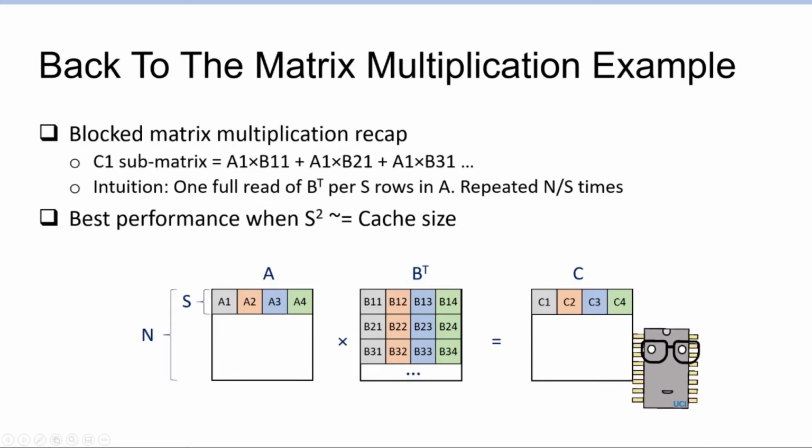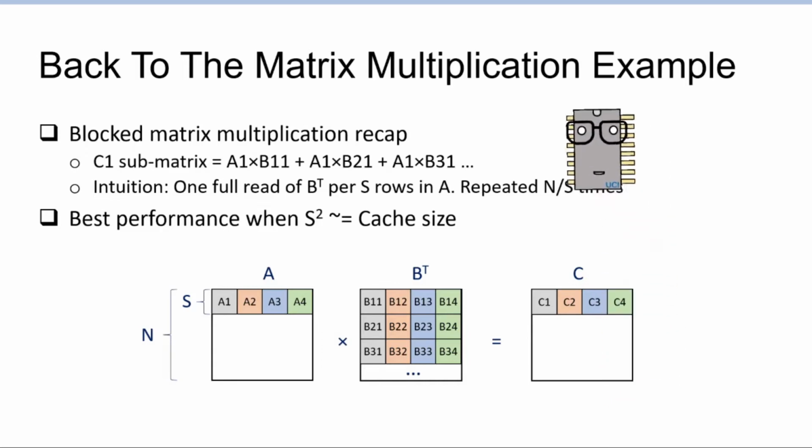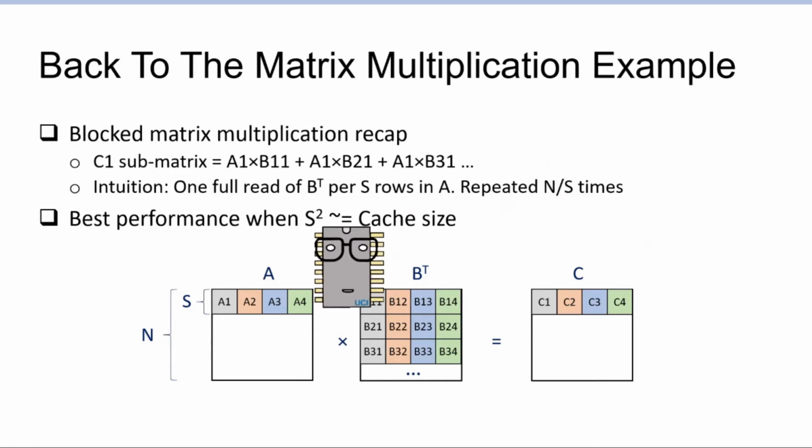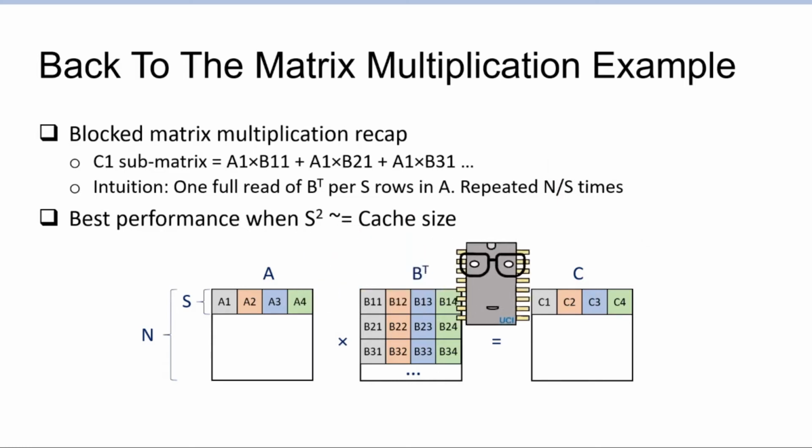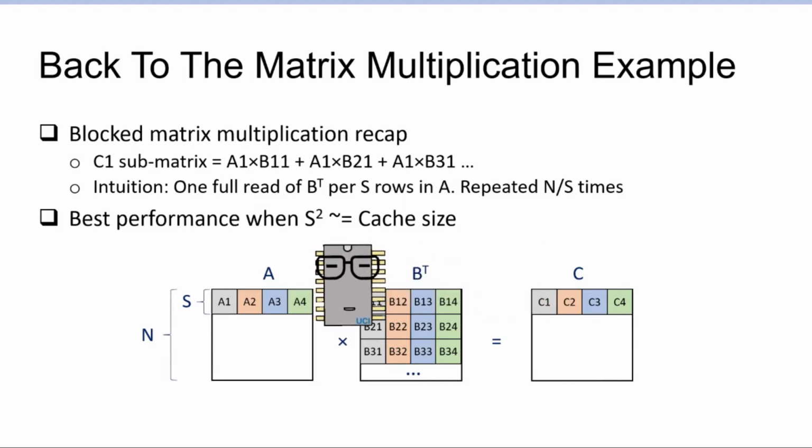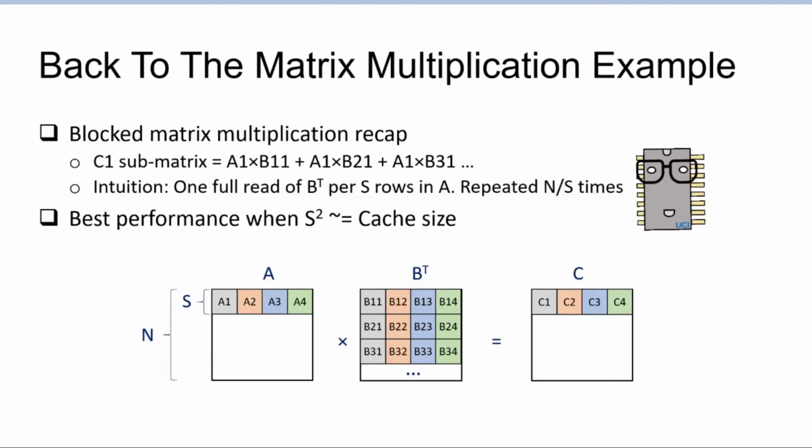So if we go back to the matrix multiplication example for a second, we talked about doing blocked matrix-matrix multiplication. When we take a matrix A, multiply it against matrix B, and then we want to create matrix C out of it, we will divide the matrices A and B into a grid of submatrices, and then we will multiply a bunch of these submatrices together and then sum them up. That gives us, if we do a recap,